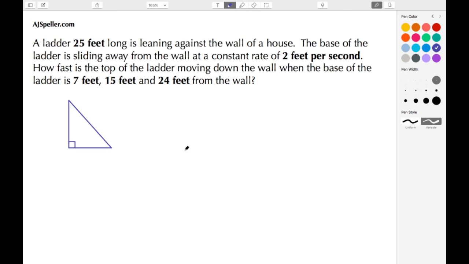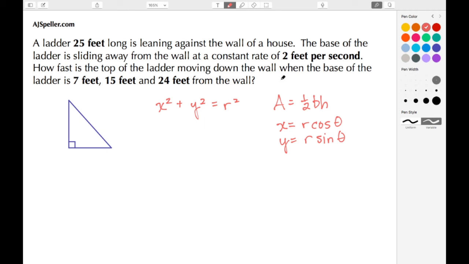With a right triangle, there are several different functions or formulas that we can relate to that. One would be the Pythagorean theorem, x squared plus y squared is equal to r squared. Another one would be the formula for area, where area is equal to 1/2 the base times the height. Two others would be x is equal to r cosine theta, and y is equal to r sine theta.